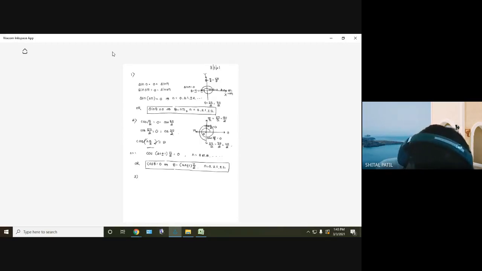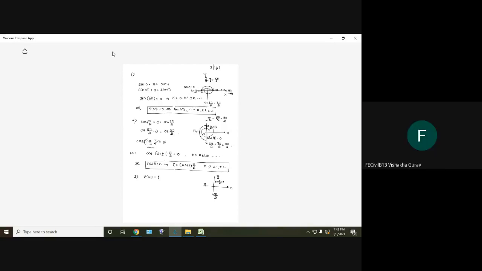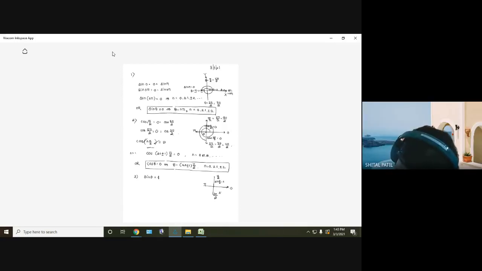Next. Now see what I want. I want sin theta equal to 1. So when sin theta is 1, this is 0, this is pi by 2, this is pi, this is 3 pi by 2. So what is sin of pi by 2? Sin of pi by 2 is 1, na? 1. Acha, but what about sin of 3 pi by 2? Minus 1 आएगा ना? है ना? हाँ sir, हाँ. minus 1.